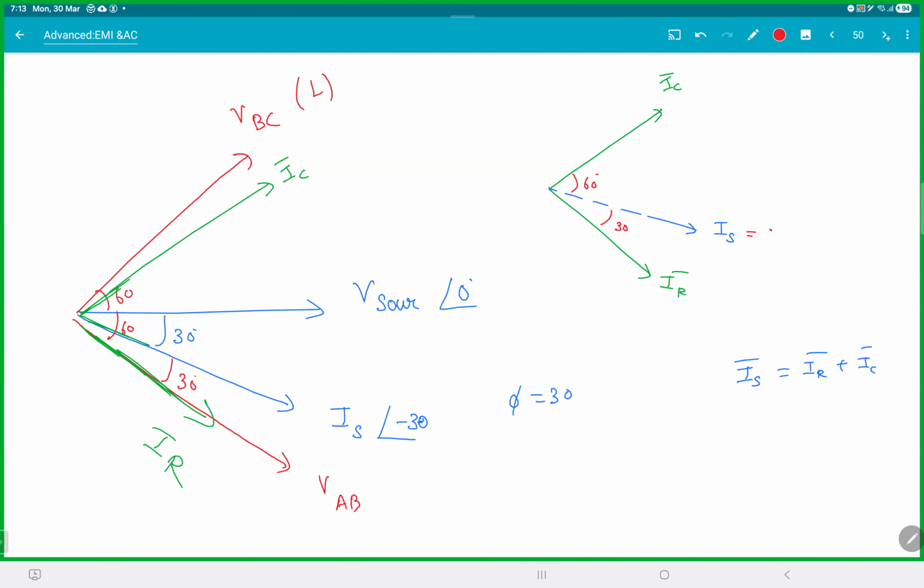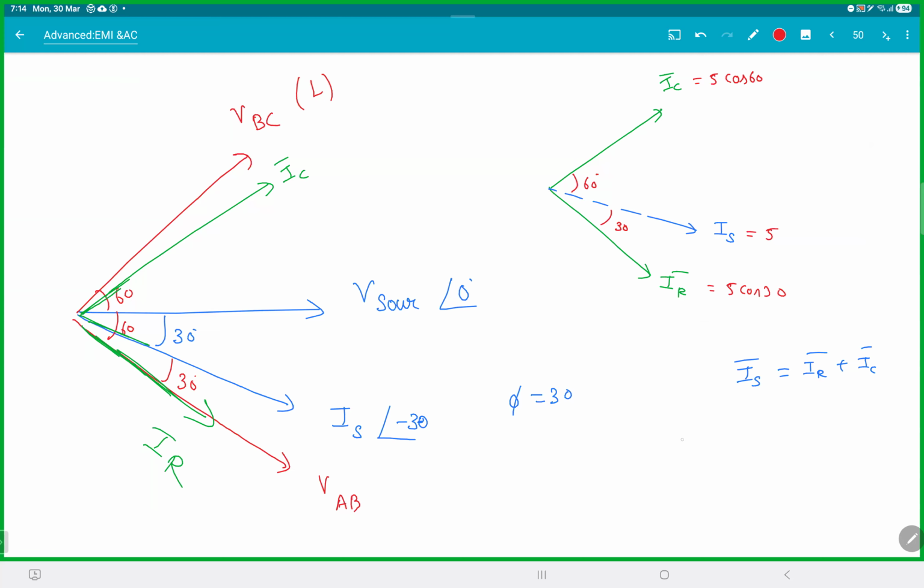And we know this current is 5. So this will be 5 cos 60. And what will this current be? 5 cos 30. You can actually find the current in each branch once you get the vector form there. Clear with this? And then you're done actually. Once you got this,